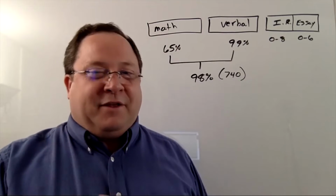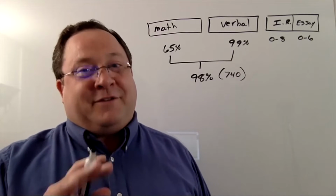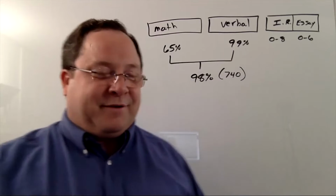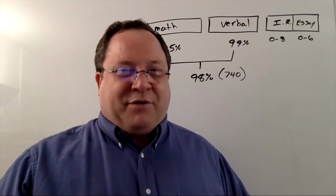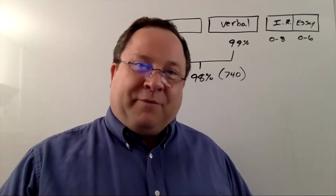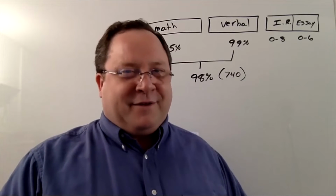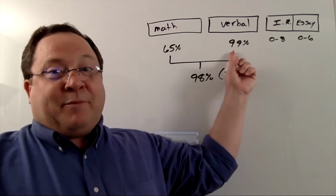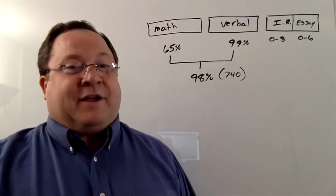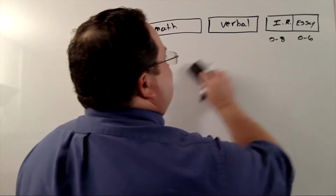So that's a little tidbit here that can really help certain people. Study your strength as well as your weakness. Unless you're already perfect at the section. If you're already getting perfect scores, don't put a lot of study time, just do some practice questions to maintain that. But anybody else, if you have room to move up, try to move up as high as possible, and that can really help your score out. Okay, now,